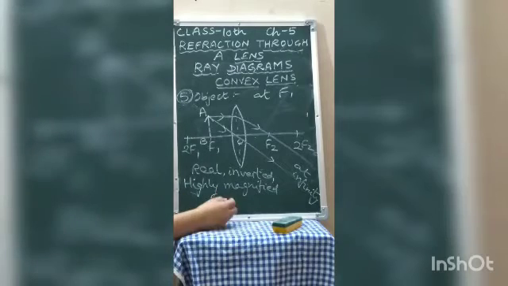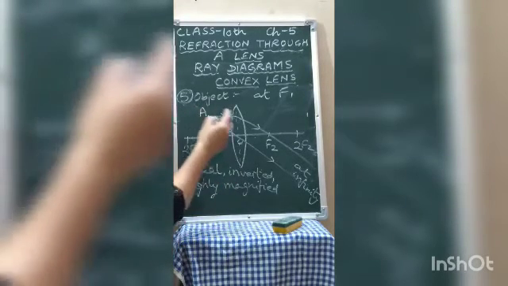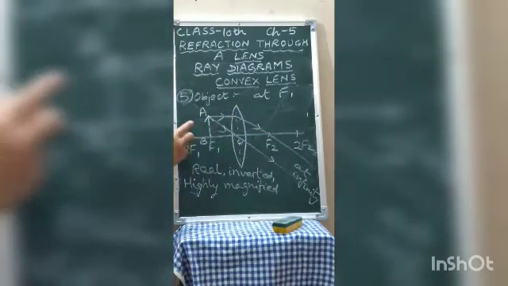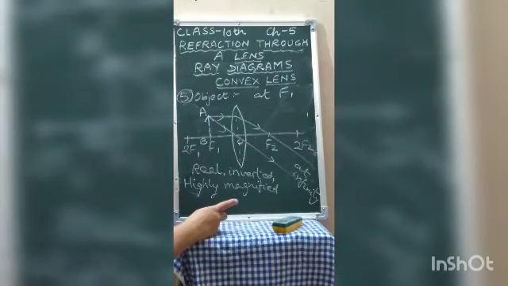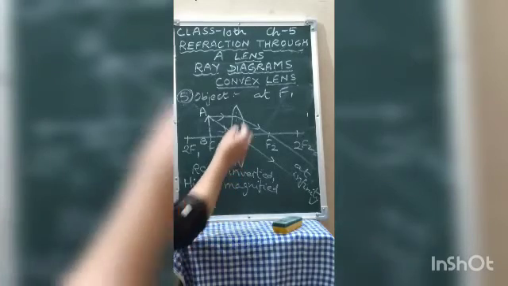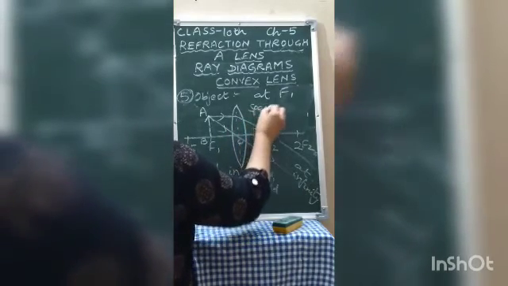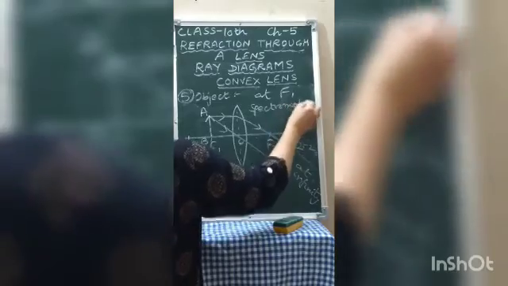Very, very enlarged image. Children, this case number 5 is opposite to case number 1 given. When the object was at infinity, image was formed at the focus. And now when the object is at focus, the image is formed at infinity. And this type is used in collimator of a spectrometer.